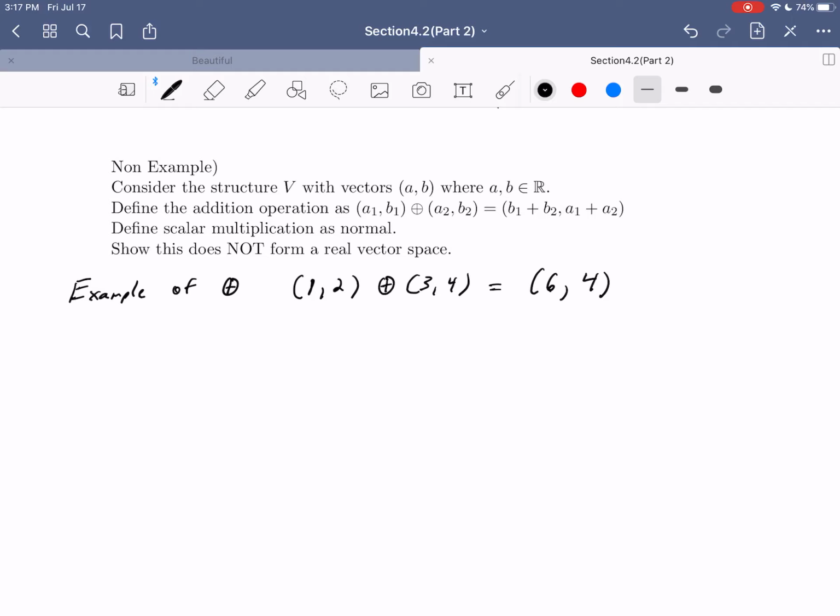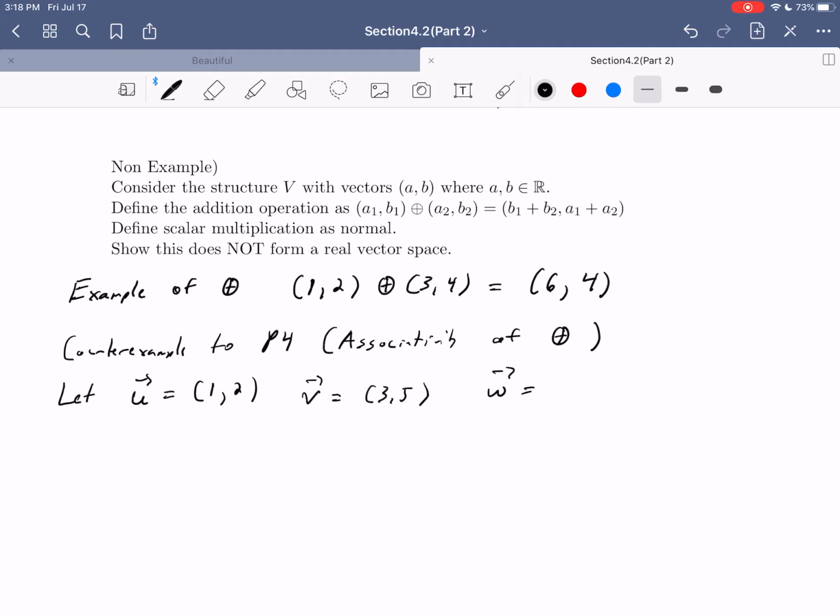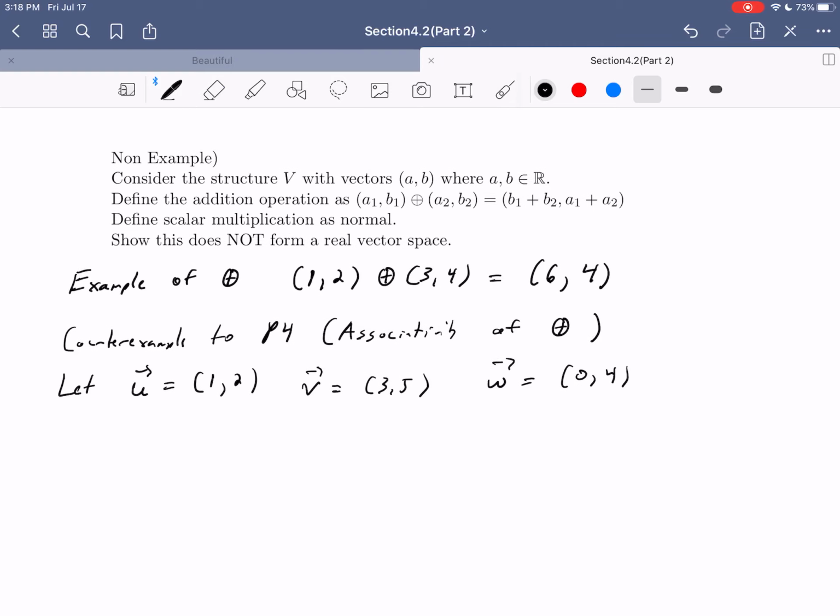So I'm going to actually show a counterexample to P4. What was P4? Remember, that was associativity of the addition. So in other words, I'm going to give a counterexample to the associativity of this new operation here. To do that, let's let U equal (1, 2). Going to keep these nice and simple. V equal (3, 5), and let's let W, the third one, because for associativity you need to define three vectors,